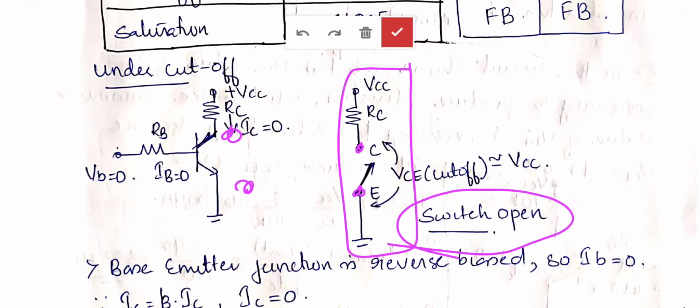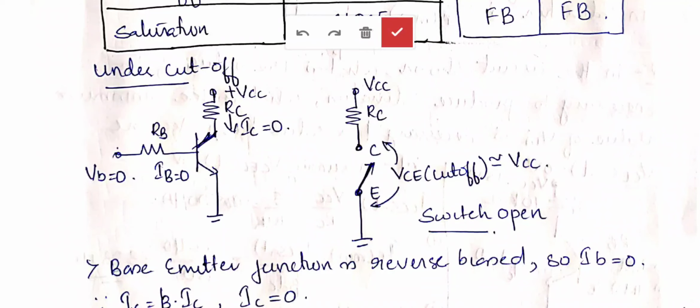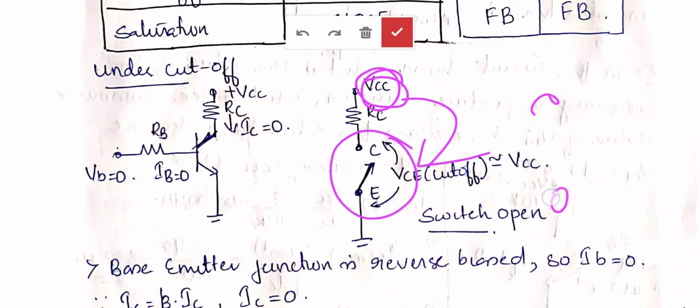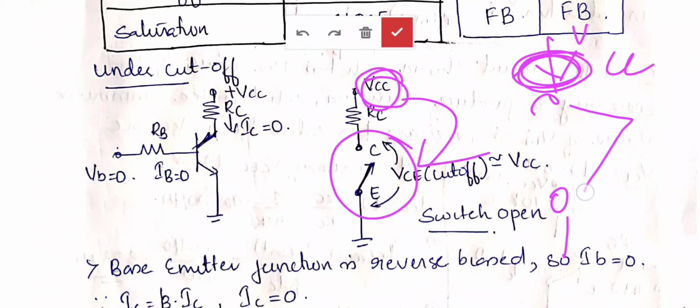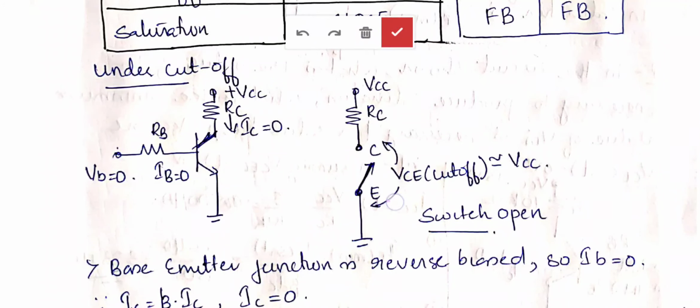So when the switch is open, what is the voltage between collector and emitter? It is an open, right? So the entire VCC will be available at this open circuit. It is open here. Here we are applying a VCC. Since there is no current, there is no drop across resistance RC. So across this open circuit, entire VCC will be available. That is shown here. So that voltage between the collector and emitter under open circuit is known as VCE cutoff. VCE cutoff is nothing but VCC.